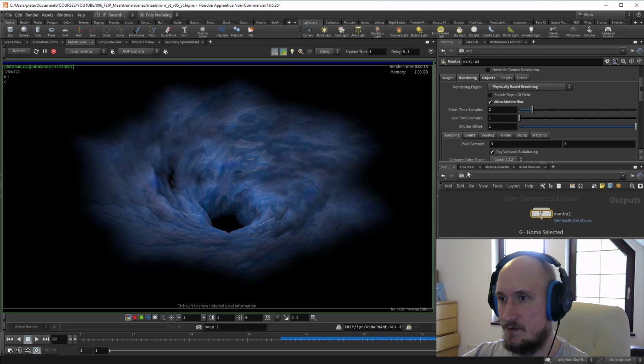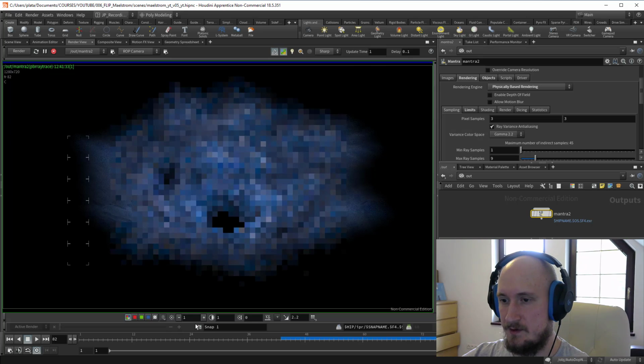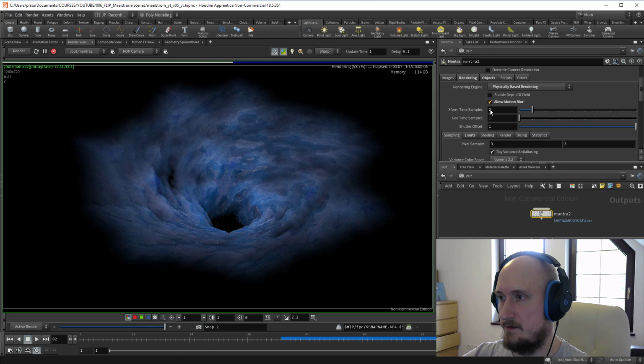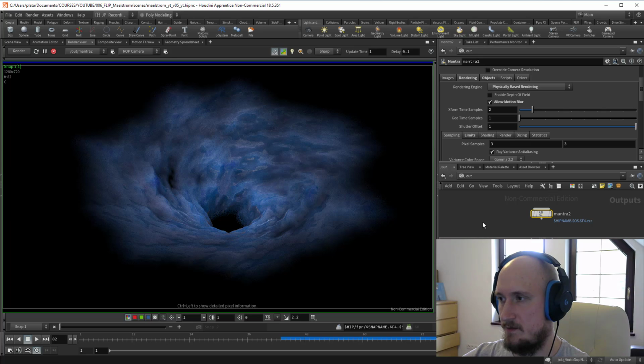One last thing, let's add motion blur. Maybe first do render without motion blur, 1 frame. Click on this guy to save 1 frame, then take motion blur to see if it's working. Yeah, it is. And if you're not happy with your motion blur and you want to have it blurred even more,